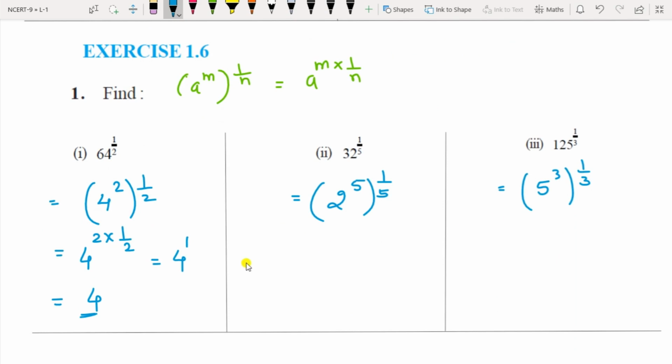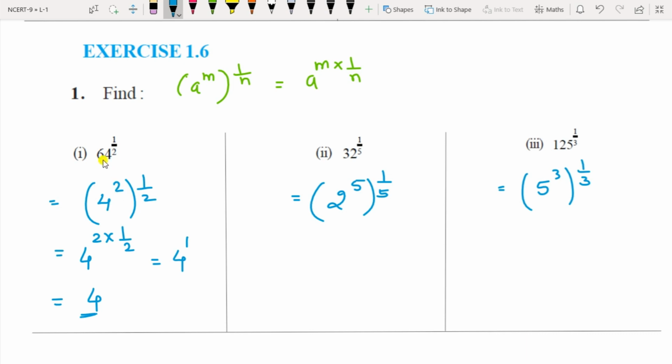So here we are going to use the formula from the exponent, that a raised to m into bracket 1 upon n equal to a raised to m into 1 upon n. So similarly here 64 is given. Now you have to write it in the form of a power form, and which power you can use. So the power that is outside the bracket, that only power should come, such numbers you have to write.